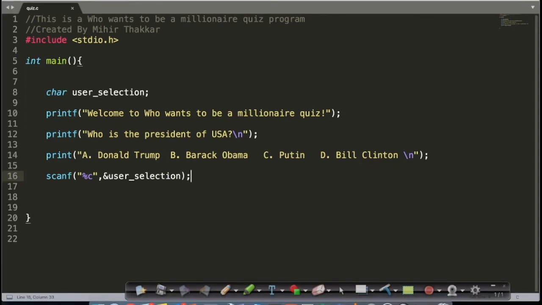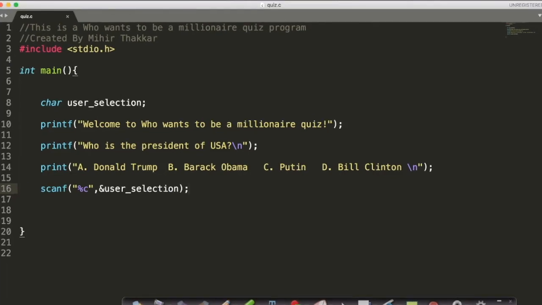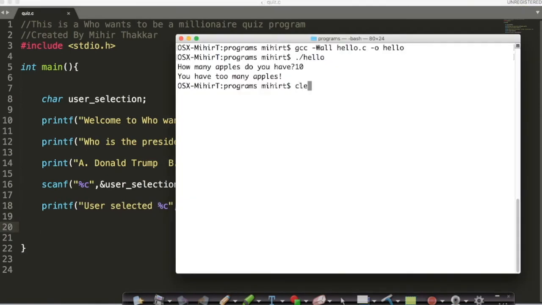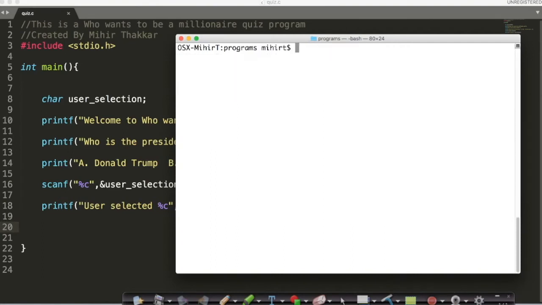right? So as soon as I reach this point, if I were you, I would first print it out to the screen and see if I have done this part correctly before moving ahead. So let's just print this user selection out. So let's say user selected %c, user selection, right? So let's first clear the screen. Then we'll say,